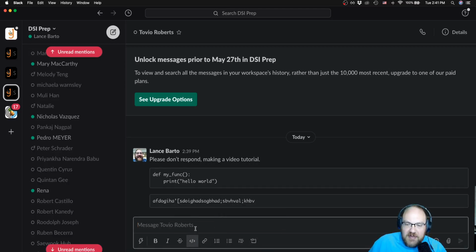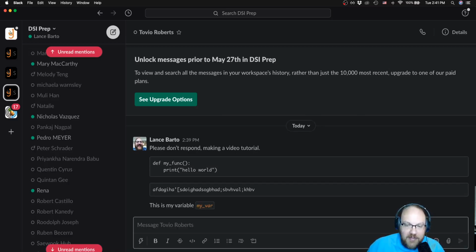The next thing is inline code highlighting, right? I might want to say this is my variable, right? My var, right? So you can see I used a single backtick to surround this text. This is also how I might reference a method. Like I really like the method,